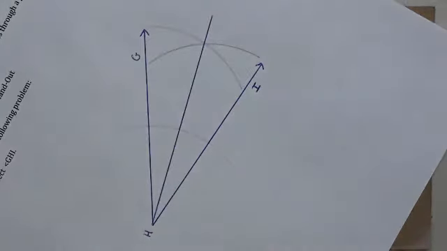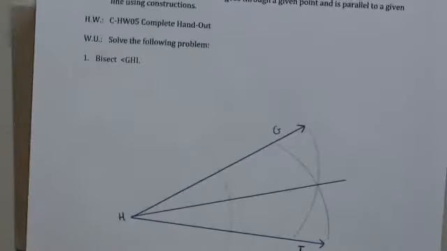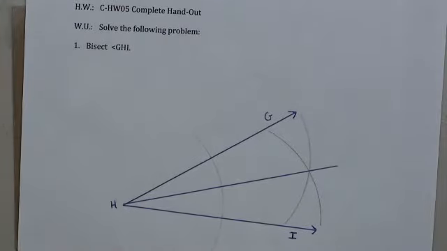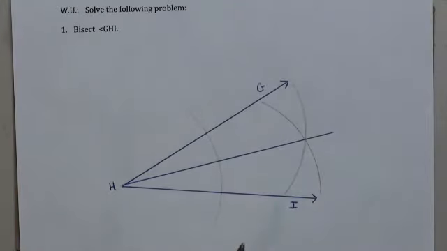And I do that in pen. So I bisected angle GHI. I cut it into 2 equal angles, 2 smaller equal angles. So if this whole angle is 50, now this is 25 and this is 25. That's if it is 50, I'm just saying. Now, on the back,